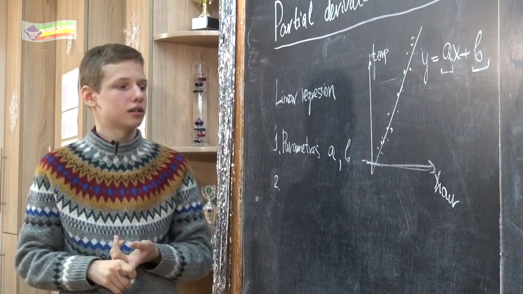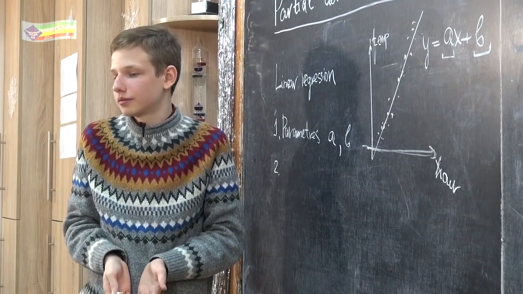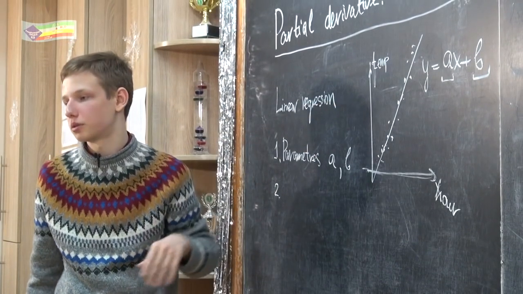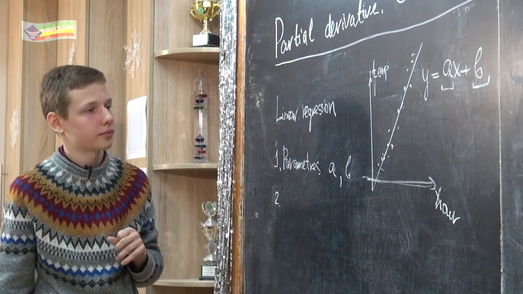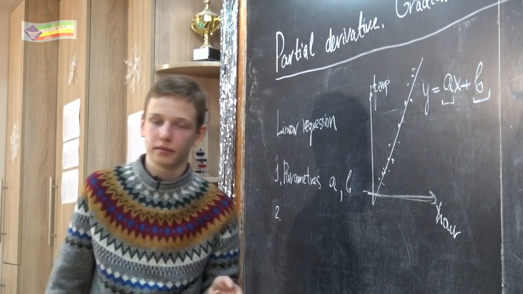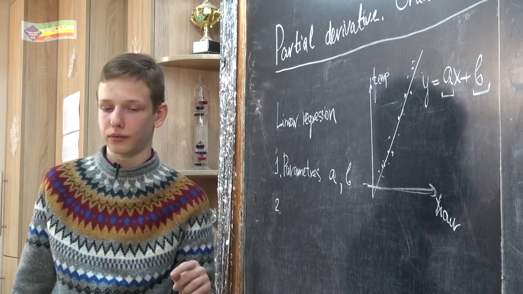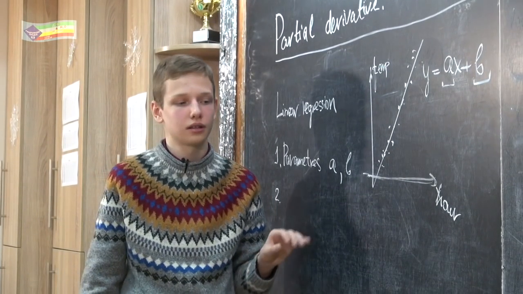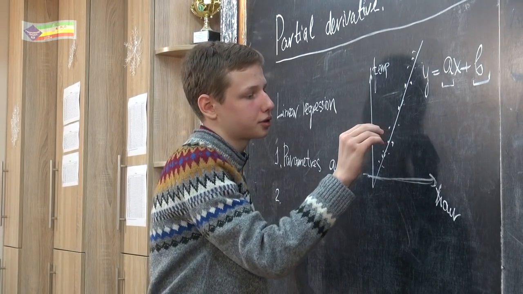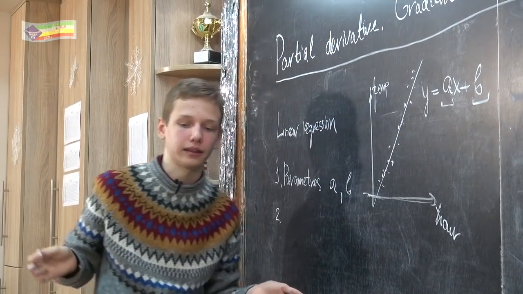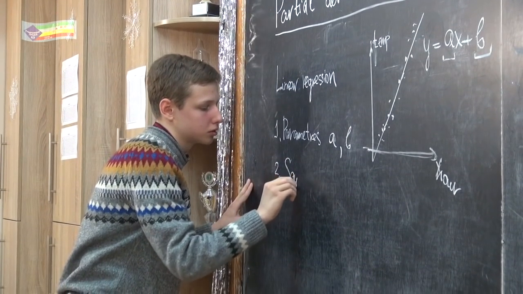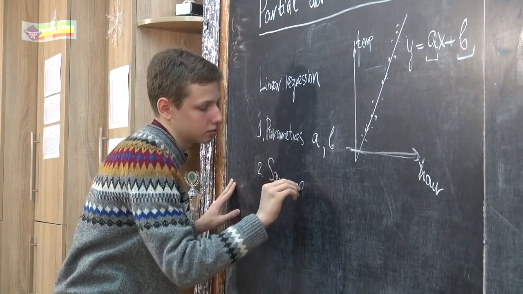Second, what we are going to optimize: how to describe the wellness of this line fitting our experimental data. And Legendre and Gauss, as I remember, at the end of the 18th century and at the start of the 19th century, proposed such a definition of wellness. It's called square error,